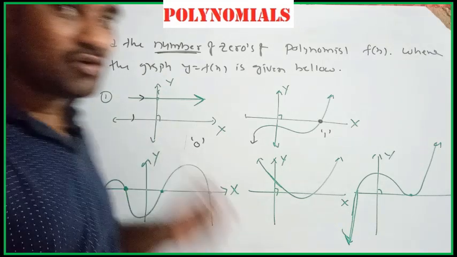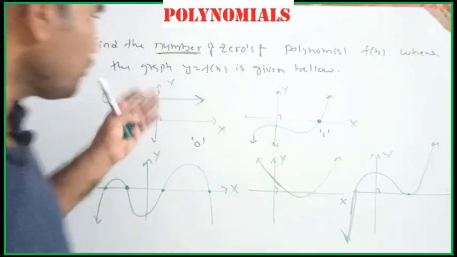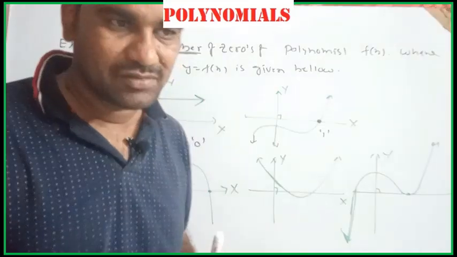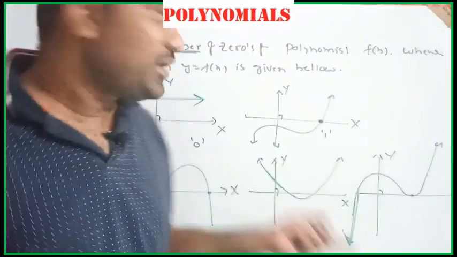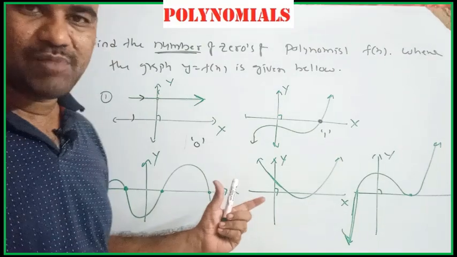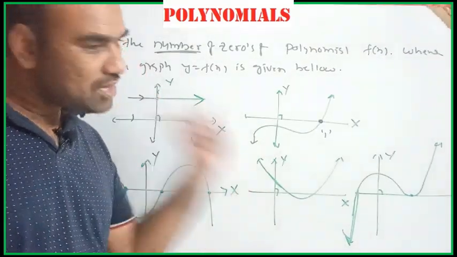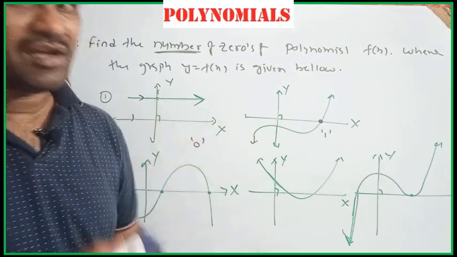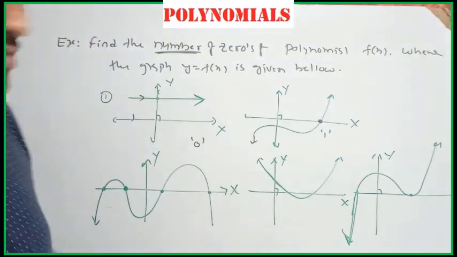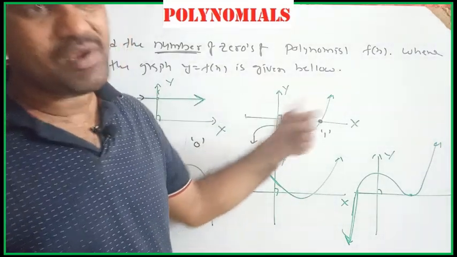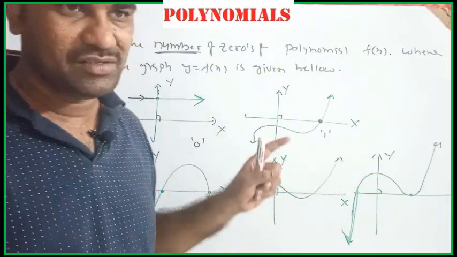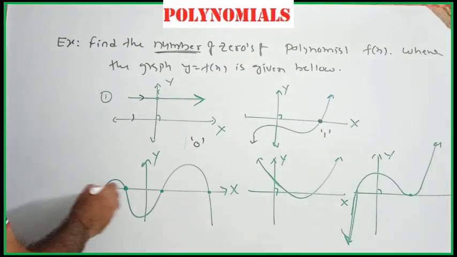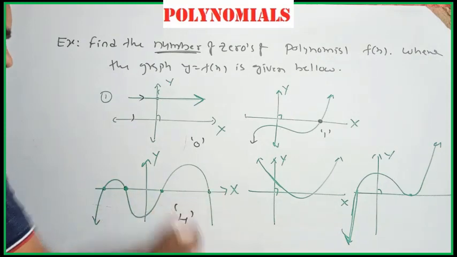One zero. An important note here: what we are counting is the number of real zeros only. They may be contained in the complex plane, but this is a real plane, a coordinate plane means a real plane. On this real plane only the graphs are given, so I am finding only real zeros, not complex zeros. So one zero means don't think the total polynomial has only one zero, that is not correct. So one real zero, no real zero. Here see 1, 2, 3, 4: 4 real zeros.